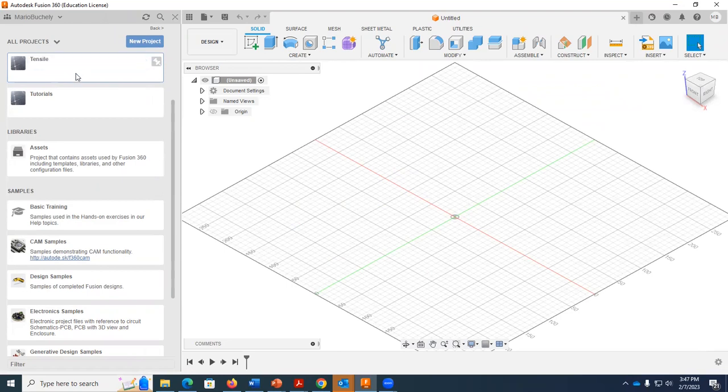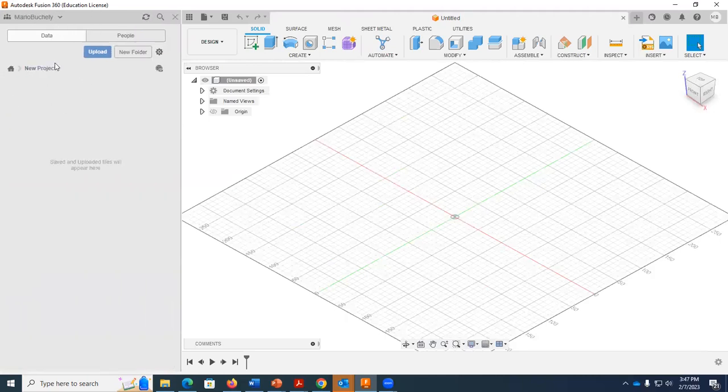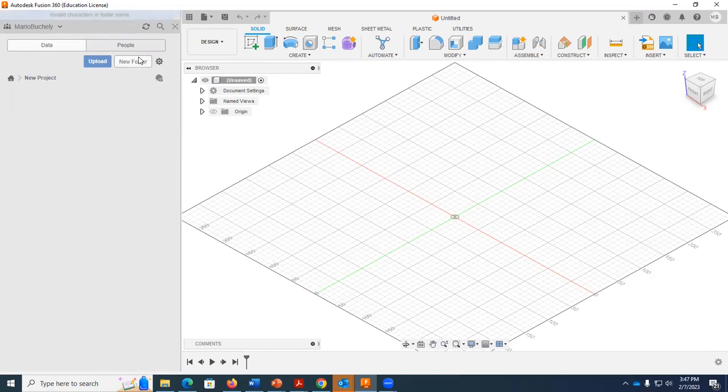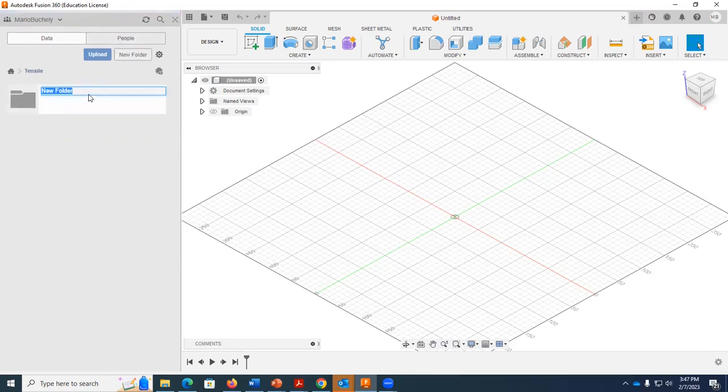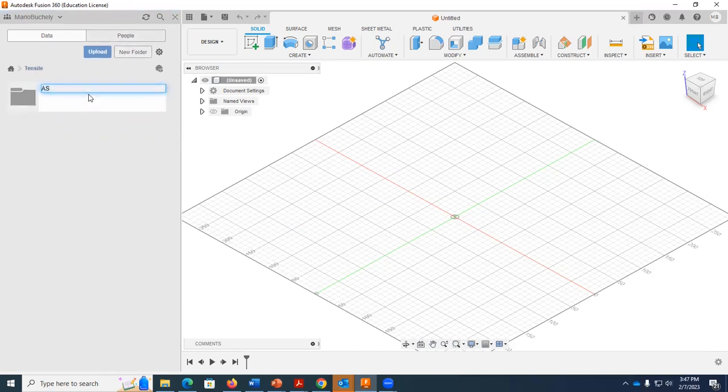Okay, we are going to create some tensile specimens. Now, double click, and I can also create a new folder here if I want. So, for example, ASTM E8. Double click, and now I can save my